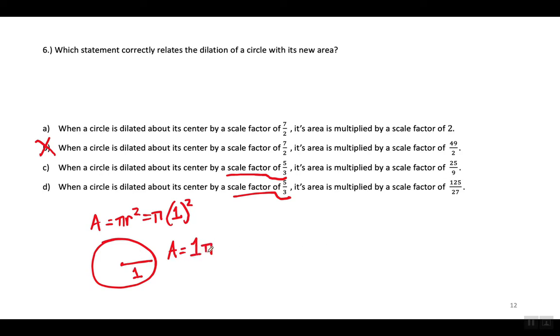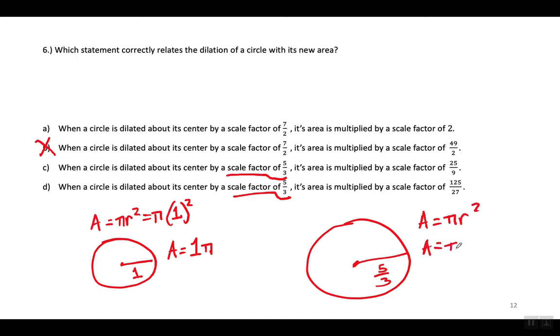By the way, could I multiply it times pi? Yeah, but why complicate it? Let's just leave it like that to keep it simple. All right, so don't multiply it times pi. Now, if I dilate this circle by a scale factor of 5/3, that means multiply everything by 5/3. The new circle would have a radius of 5/3, right? So let me get the area of this new circle, again, by doing pi times radius squared, because that's the formula for the area of a circle. So I'm going to have pi times 5/3 squared. So the area is going to be